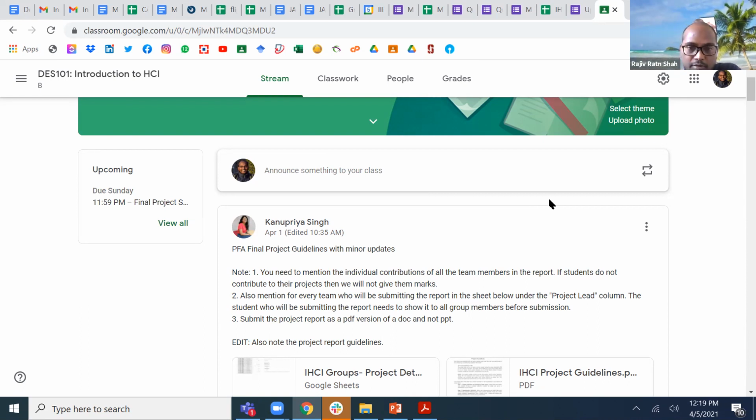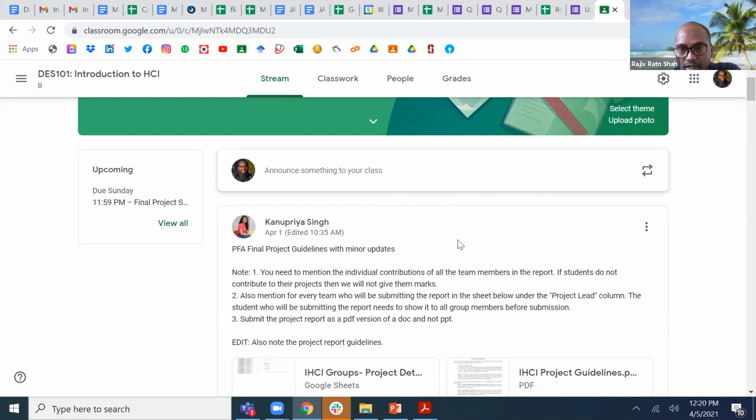If the other person signed up for some task and said they will complete it but did not, in that case they are going to lose marks accordingly. So I leave the decision to you as a group to decide whether you are working equally or whether some person is working while another person is having fun. What if a person from our group has taken a larger amount of the project in his own hands so that he will get more marks? That's why as a group you need to decide, because as an evaluator it's difficult for me to divide who did what.